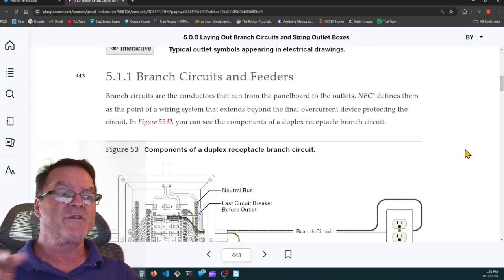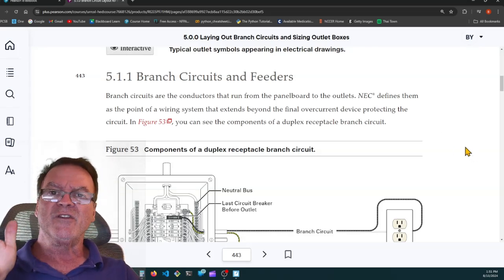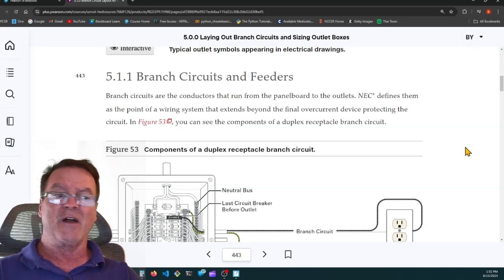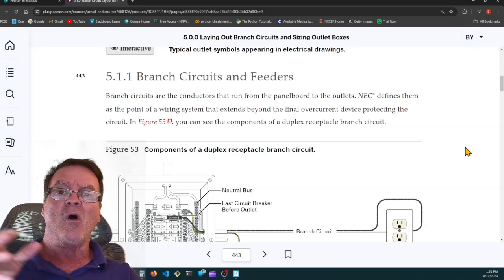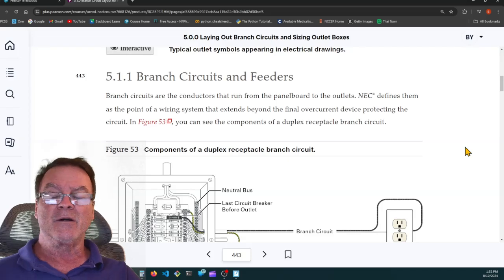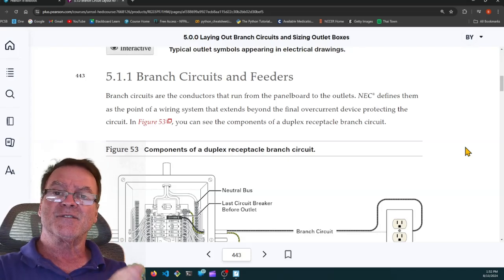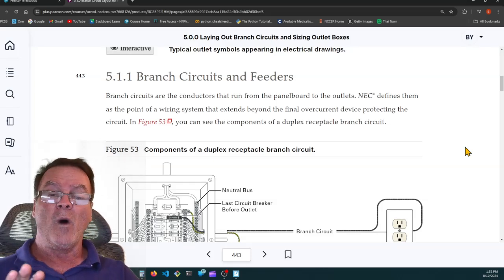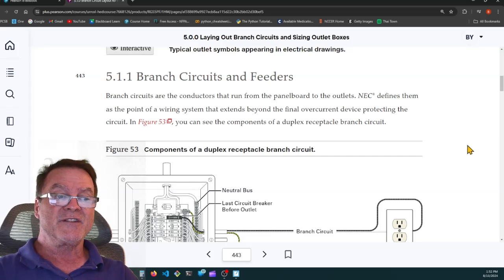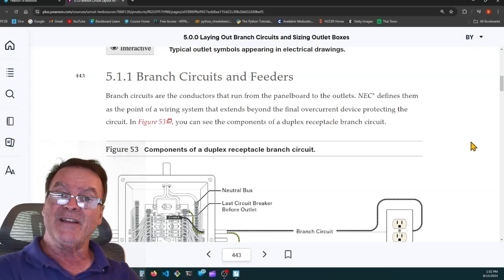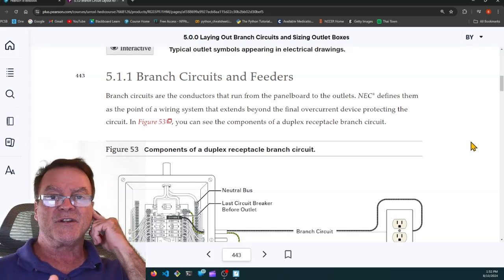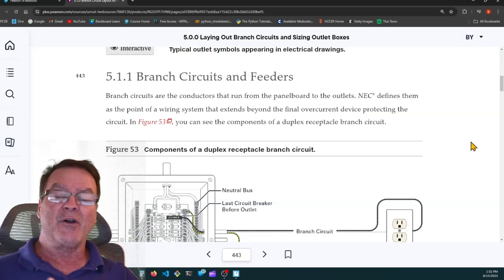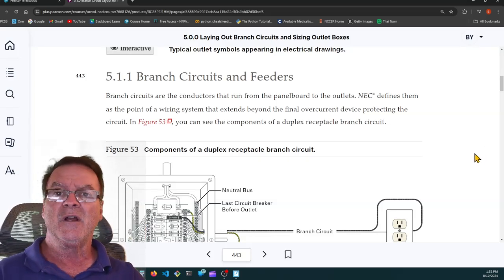So feeders, we've said this before, go between overcurrent protection devices. In fact, some people call the load side meter wiring that goes from the load side of the meter socket into the house to the panel a feeder. And if you have a sub panel, the wires going from an overcurrent protection device to that sub panel are a feeder. And a lot of people consider, if you have an outdoor air conditioning unit, a compressor, if you put